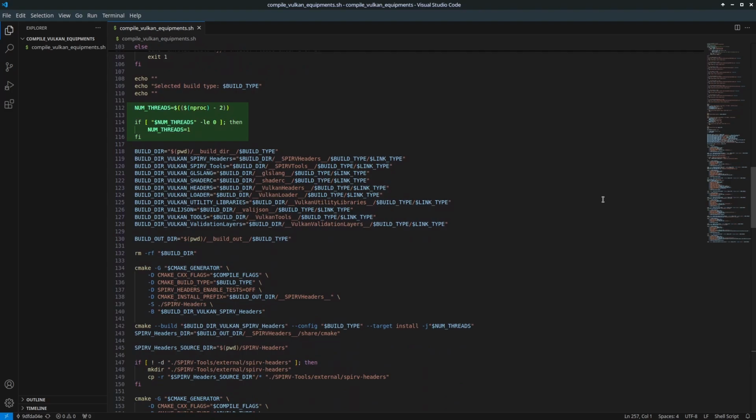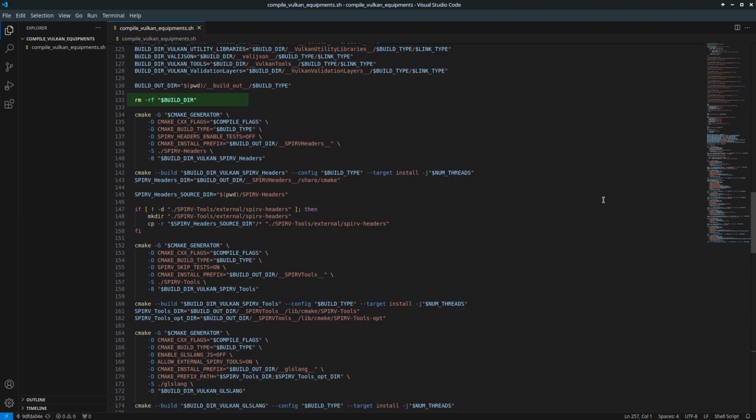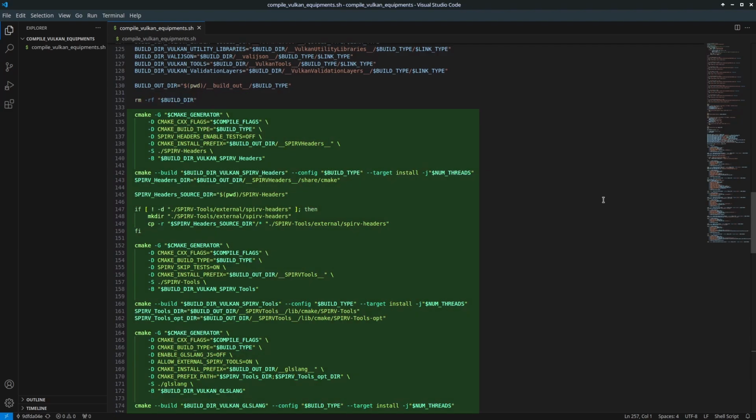To optimize the compilation process, the script detects your computer's maximum thread count and uses fewer threads for compilation. It then cleans the previous configuration. This is required when you need to run the script consecutively. Next, it configures the CMake arguments. I've enabled the necessary options and disabled unnecessary ones in all configurations, such as examples and tests. After each configuration, the script will begin the compilation process.